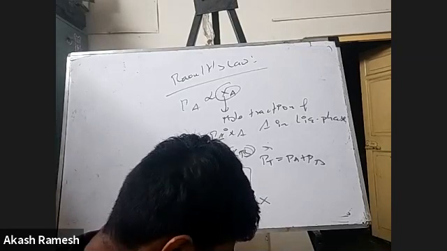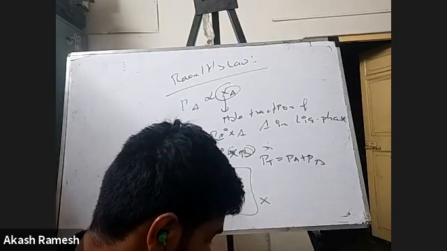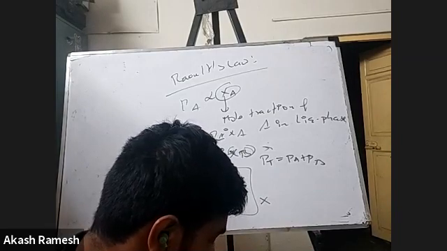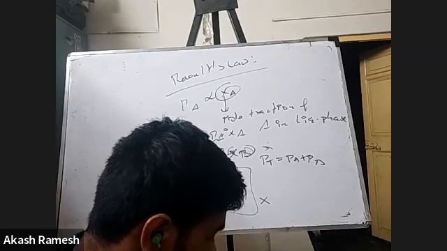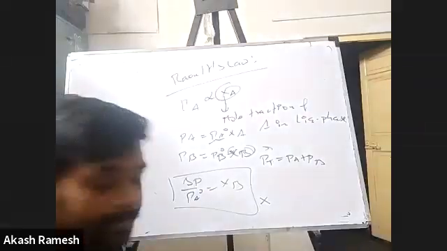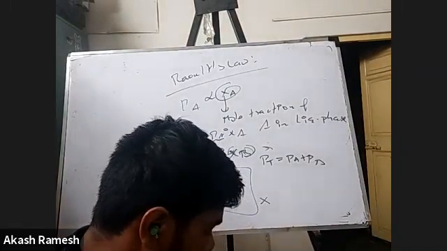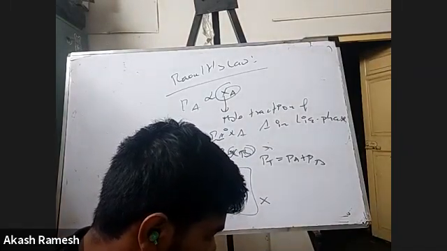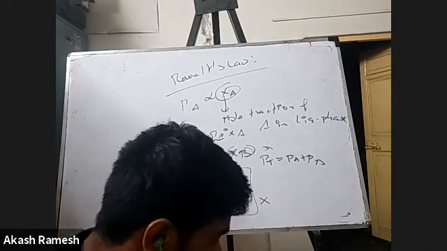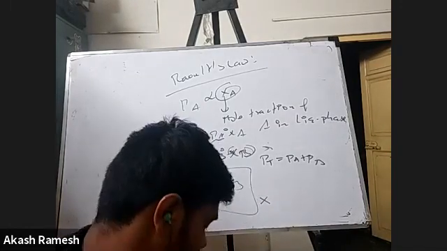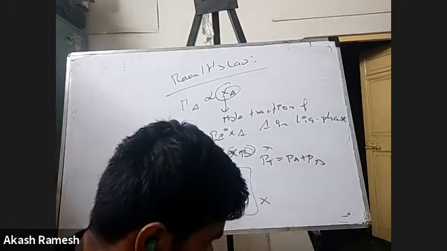So vapor pressure of pure water. Vapor pressure of pure water is 23.8 torr, TORR, right? Vapor pressure of pure water is 23.8 torr, right? Now they're asking, what is the vapor pressure of the solution? What is the vapor pressure of the solution containing